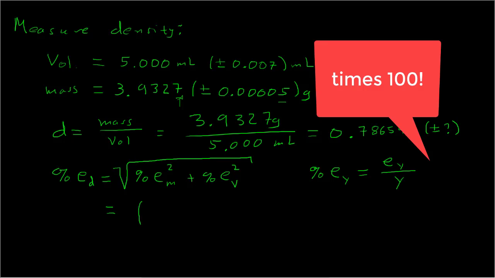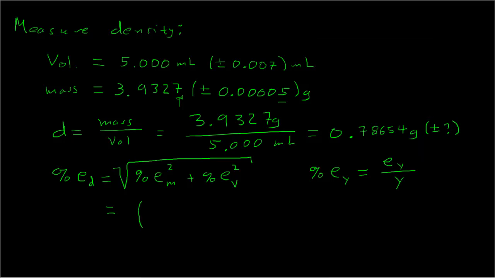So here inside my parentheses, to get the percent relative uncertainty in the mass, that's going to be 0.00005, right? Lots of zeros there. We're going to divide that by the mass measurement, which is 3.9327. So both of these have gram units, and that'll cancel out. We will multiply that by 100 to make it a percent, and then we need to square all that. So I'm going to put it in square brackets just so we can keep track of all this. That gets squared. And then to that we're going to add,